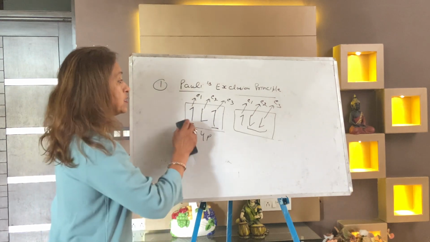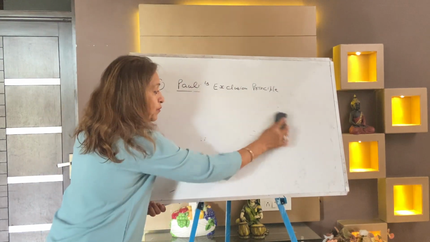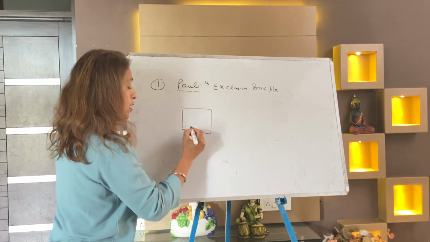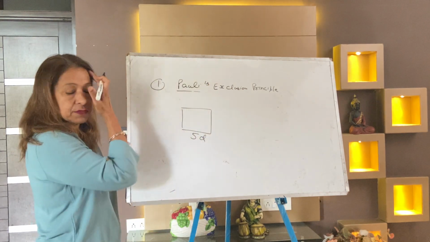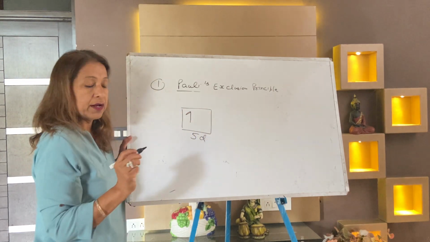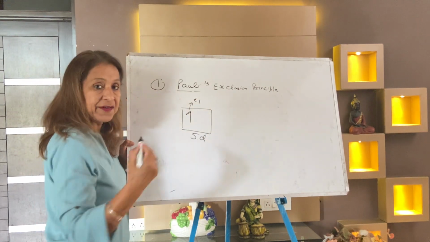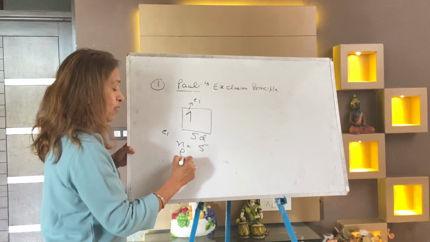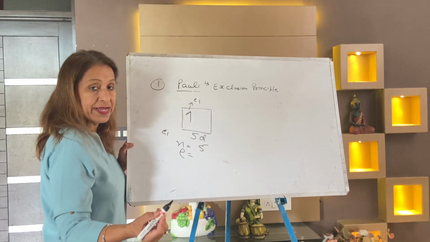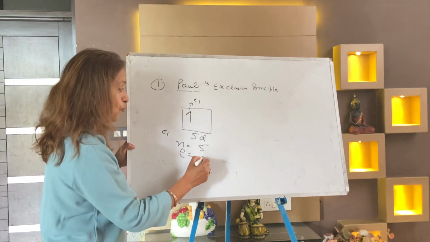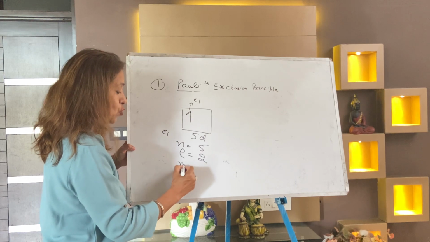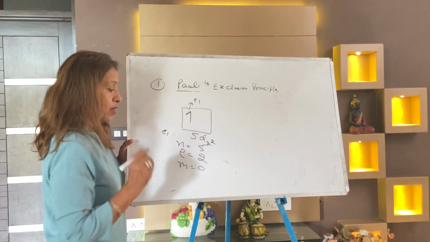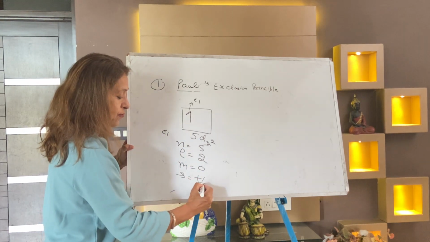Now my next question is, why is the word exclusion there? Let me tell you. Let it be again one orbital, named 5d. Now this is my electron 1. Write down, this is electron 1. What is the address of the electron? n is 5. l, what is d? l is 0 for s, 1 for p, 2 for d. So l is 2. If it is d z square, let it be 5d z square, then m is 0. Now what is s? s is plus half.